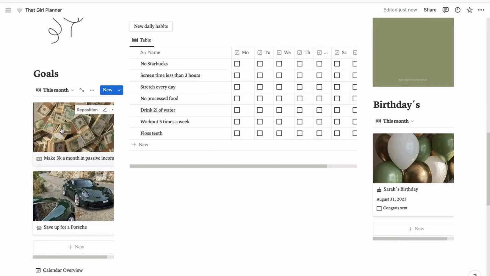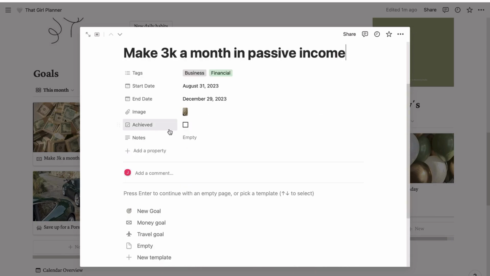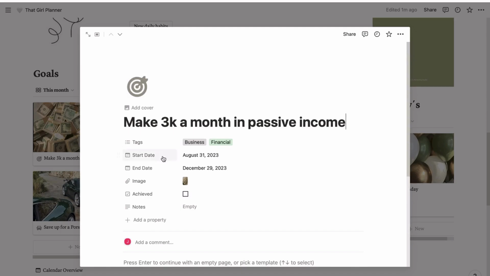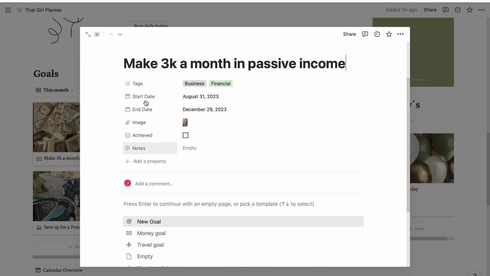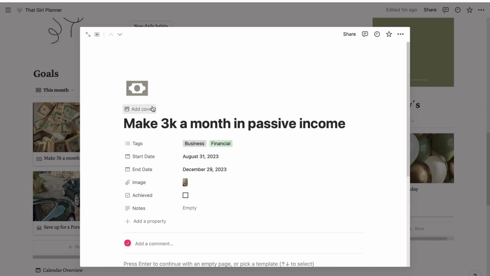So you can go in here, and I created an example one. So there are different templates, and you can see them down here. For example, new goal, money goal, travel goal. So if you add a new goal, then you can pick from these templates. And what this does is it will change this little icon up here, but the properties will stay the same. So I'm just gonna keep the money goal,